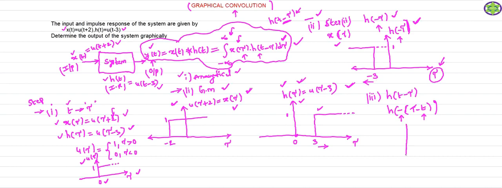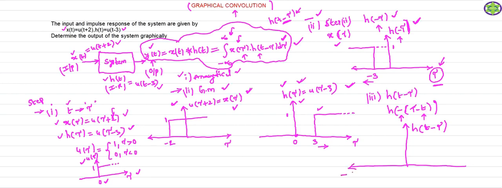Now when you shift h of minus tau to the right hand side by t units, how can we represent your h of t minus tau with respect to the graph? This is your h of t minus tau. You just understand the concept. How can you get h of t minus tau? Remember here it is the tau axis. So we perform the time shifting operation with respect to tau only, not with respect to minus tau. Therefore I take minus as the common, minus of tau minus t. So with respect to tau, your signal h of minus tau is shifted right hand side by t units.